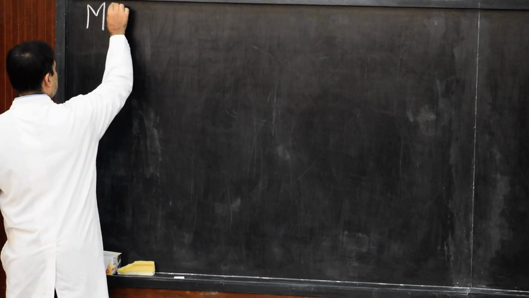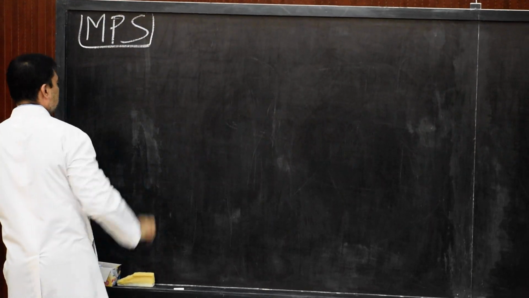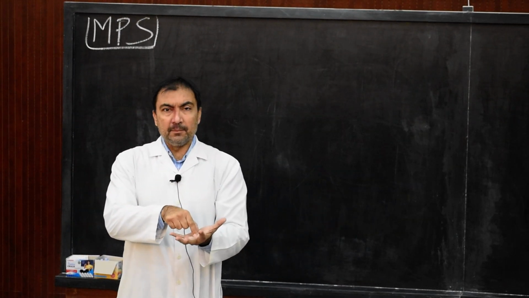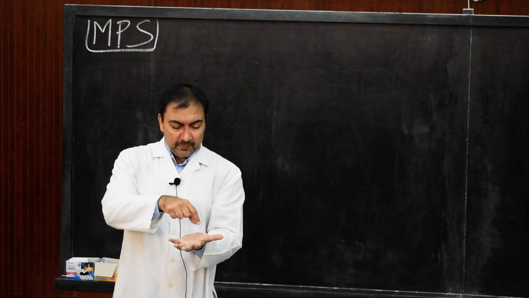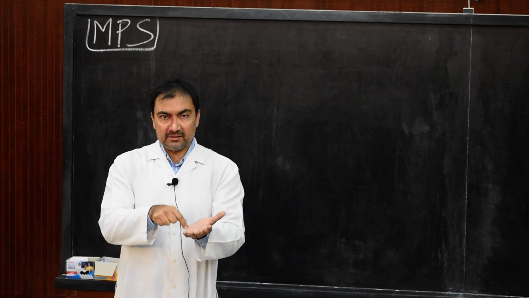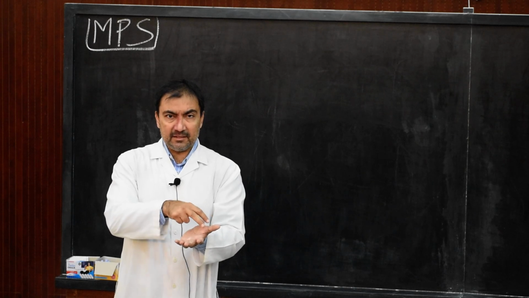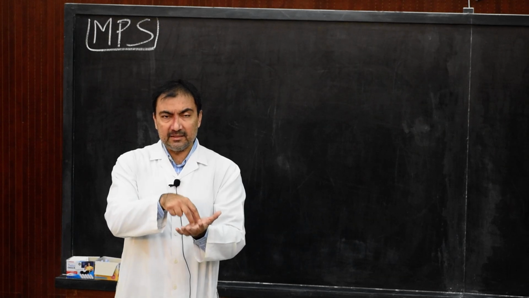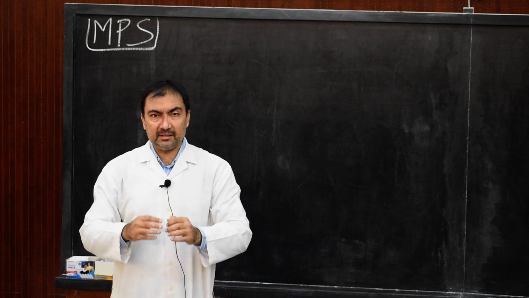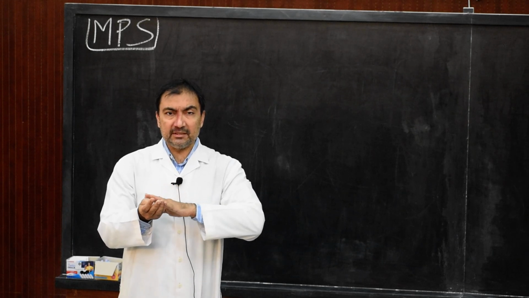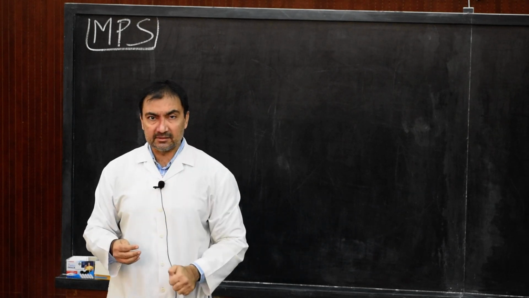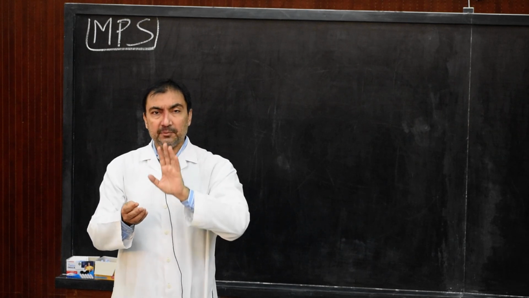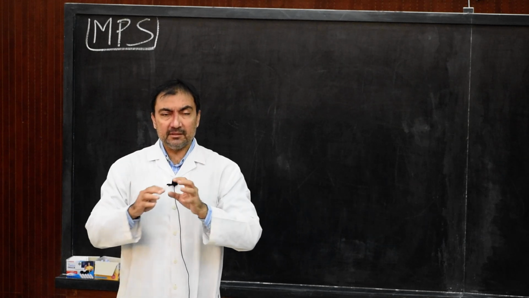So the mid-palmar space. First we try and understand the central hollow of our palm. There is a space between the thenar group of muscles, which is lateral, and the hypothenar group, which is medial. Between these two groups there is a central hollow space in the palm. This space is below the palmar aponeurosis and the long flexor tendons with lumbricals. Superficially there will be palmar aponeurosis and the long flexor tendons with lumbricals, and below that is our space.